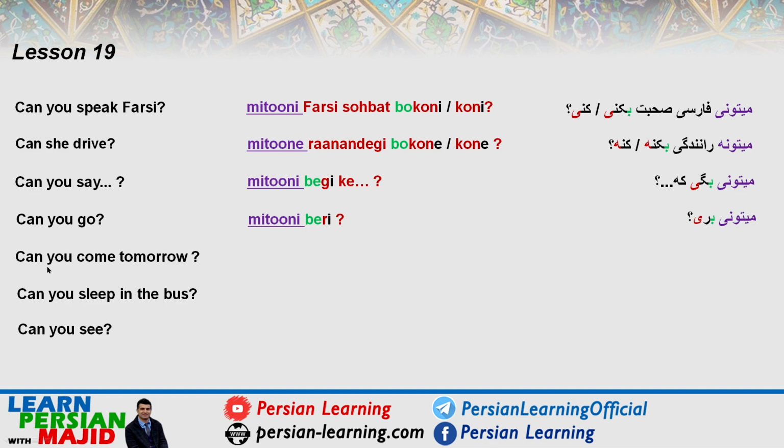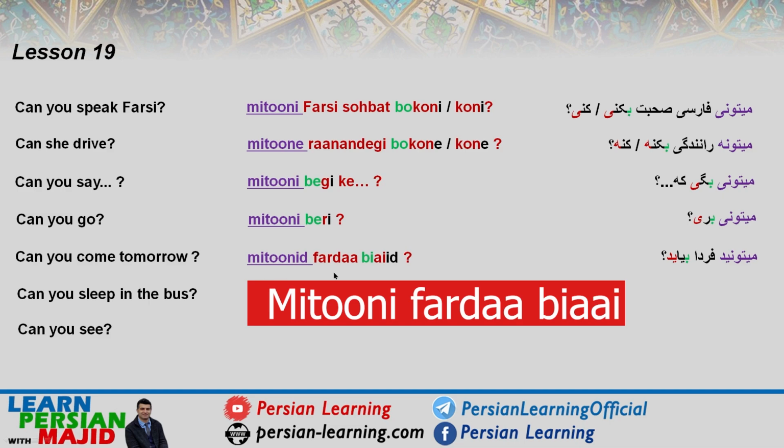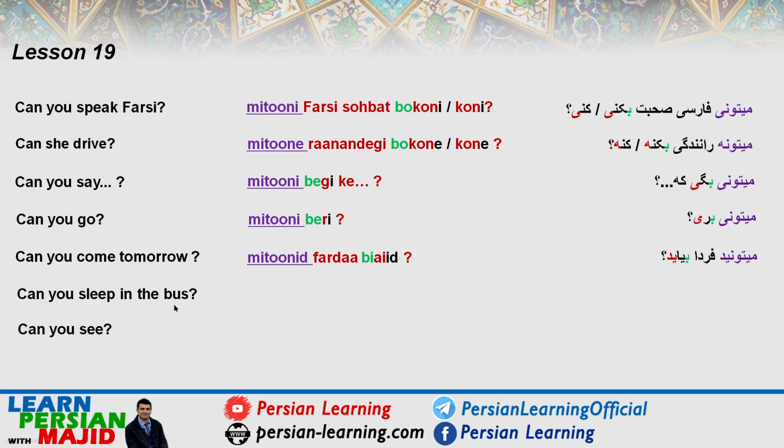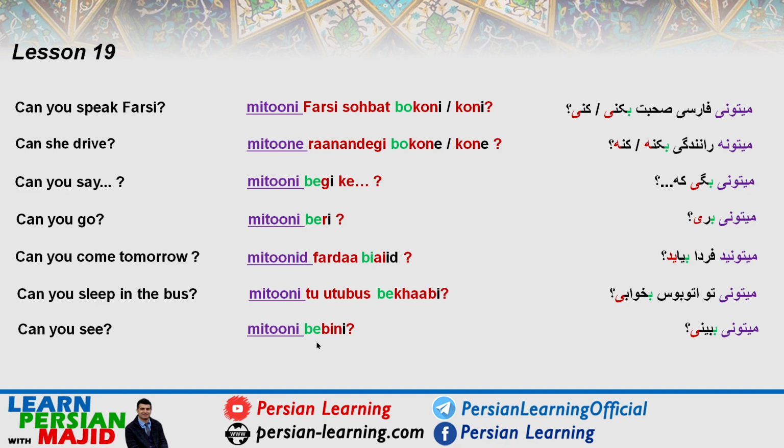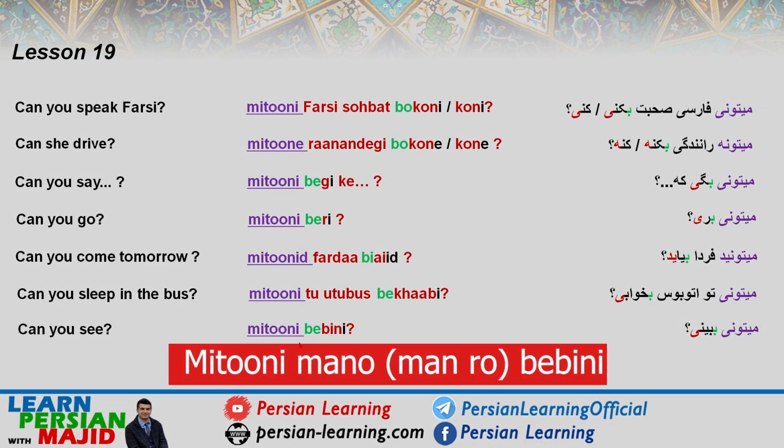Can you come tomorrow? میتونی, or imagine you are talking to an older person in a formal situation. Then we say میتونید فردا بیاید. Single, میتونی فردا بیای. Can you sleep in the bus? میتونی تو اتوبوس بخوابی؟ Can you see? میتونی ببینی؟ We can also say, can you see me? میتونی منو ببینی؟